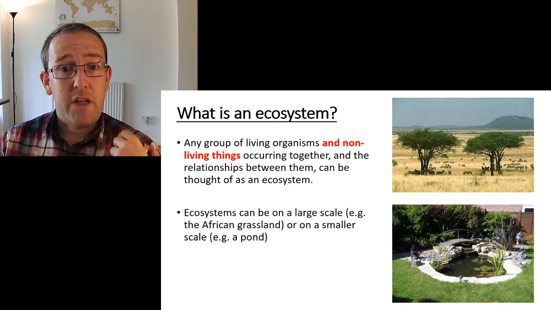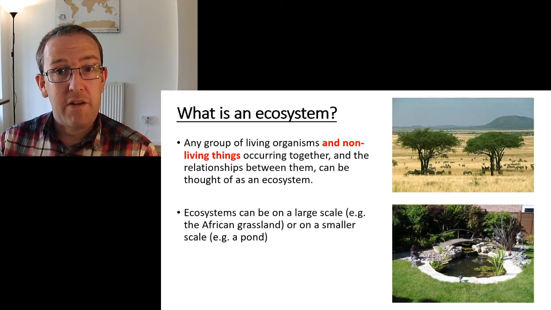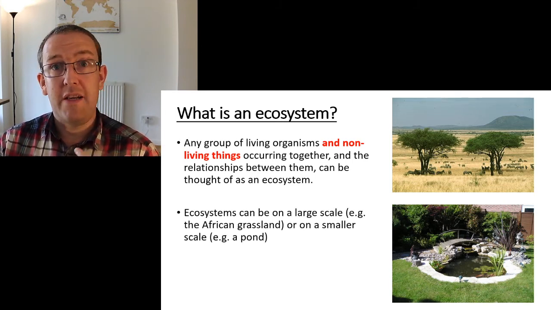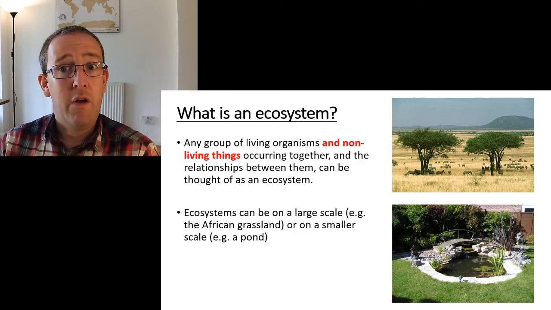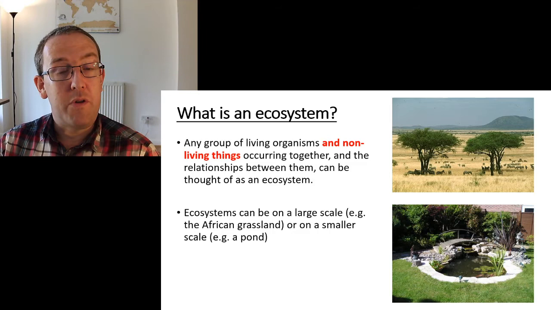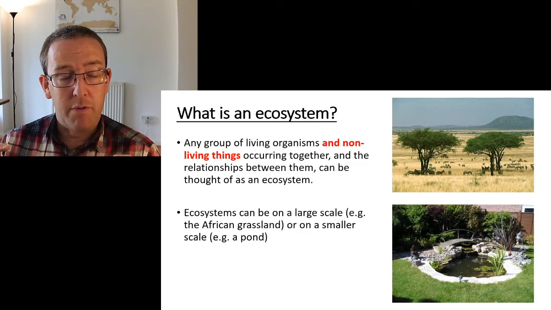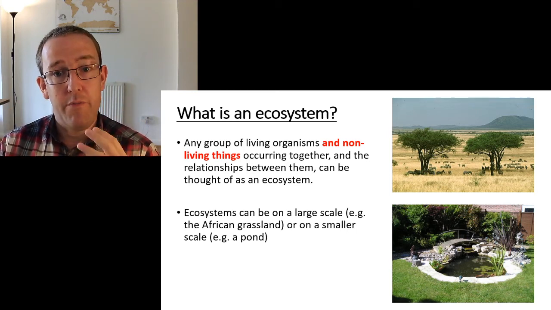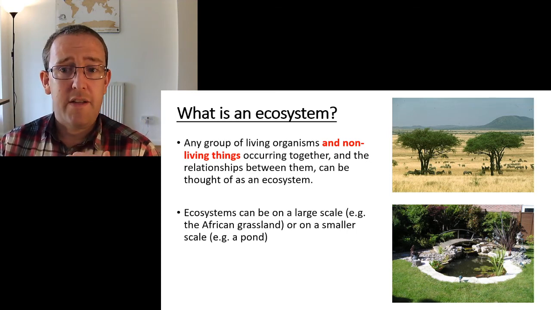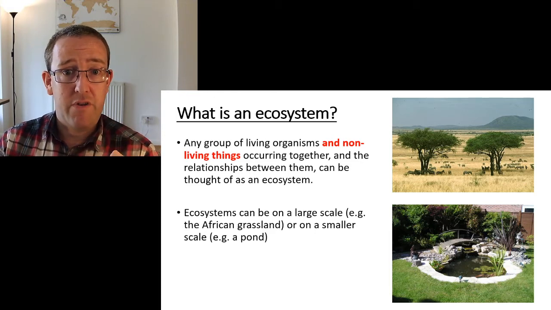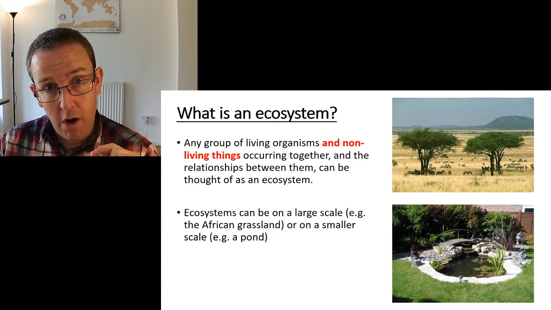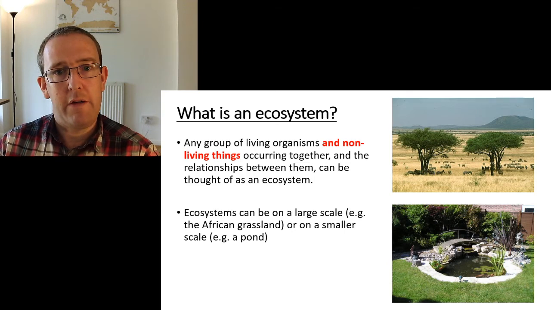Okay, so when you say an ecosystem, you could be talking about an enormous one. You could be talking about the entire Arctic. You could be talking about a massive African savanna system, or you could be talking about your garden pond as an ecosystem. Right? It's any group of living organisms on any scale, and the abiotic factors around them and their interactions. Okay, so that's ecosystem. That's the first one. Make sure you've written it down and got what would be a 2-mark A-level answer. You see how the pattern goes.